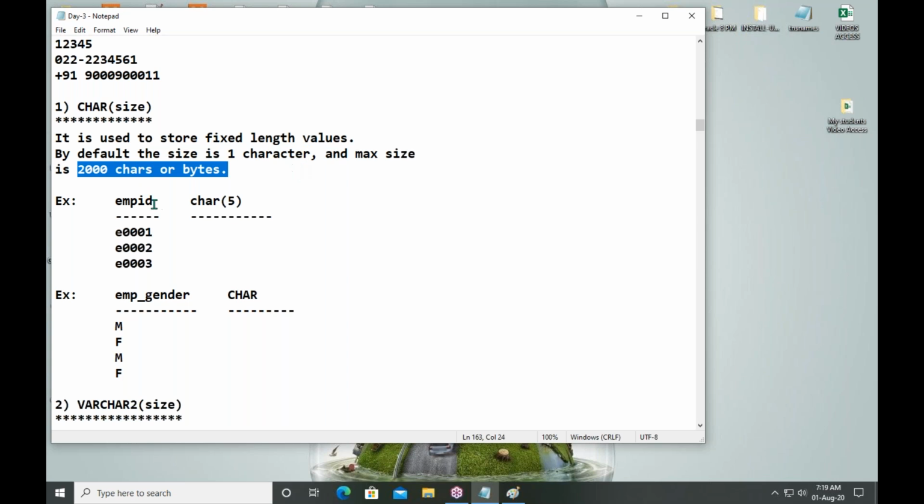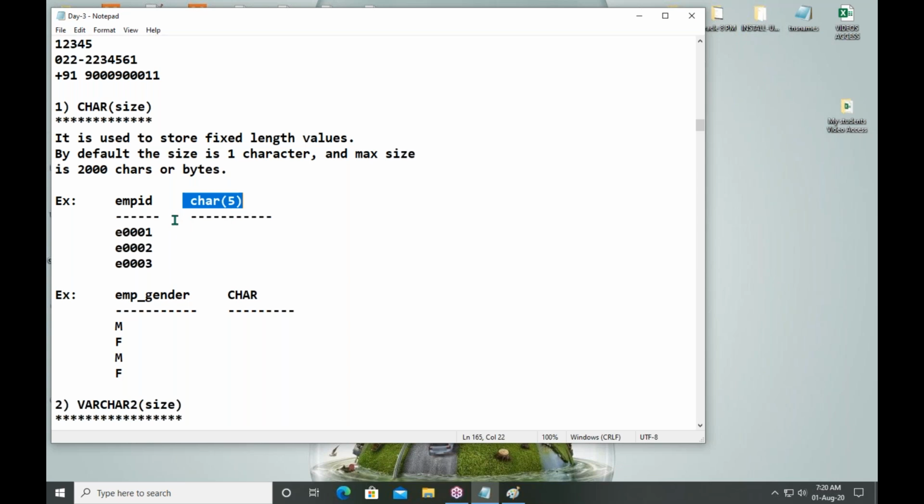For example, employee ID column, data type character of 5. If you go to a company, within that same company, for all employees, you can see the employee ID. Each employee ID length should be the same. Within a company, don't consider different companies.